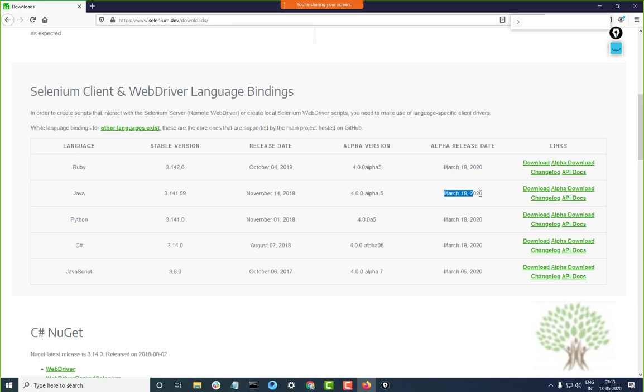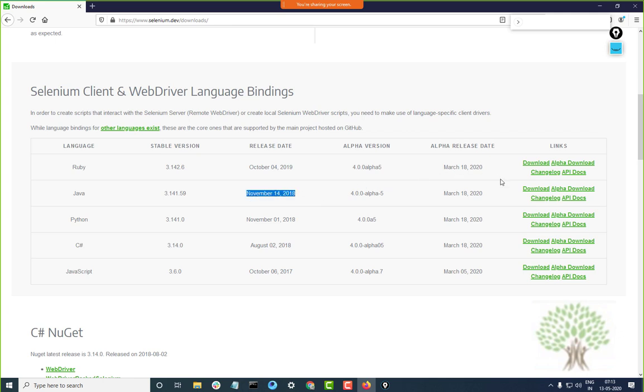In March 2020 they released alpha. We'll talk about this, not right now, but I'm just telling you that this tool is quite stable now. If you had picked up this tool in 2012 or 13, then there were a lot of bugs inside it at that time, and gradually over a period of time this has stabilized.